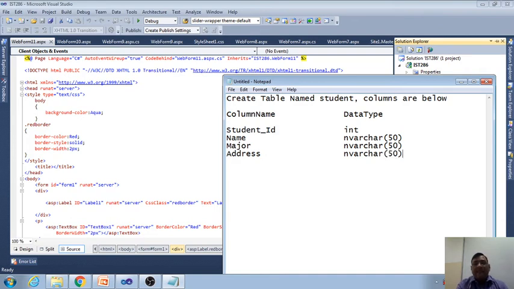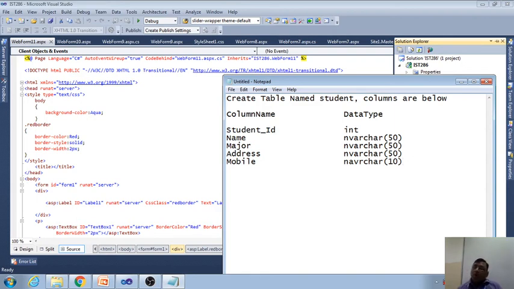50, and last I am going to use the mobile number. For mobile number, if you want to use int you can, otherwise you can also use n-varchar. I am going to use 10 because I do not want this size to increase beyond 10. Okay, so this is the specification for creating the database table.